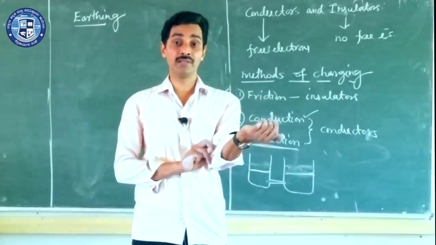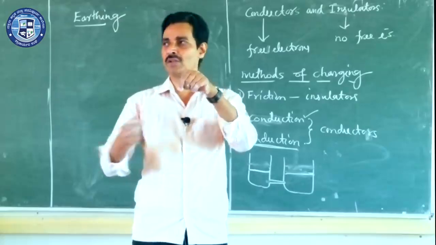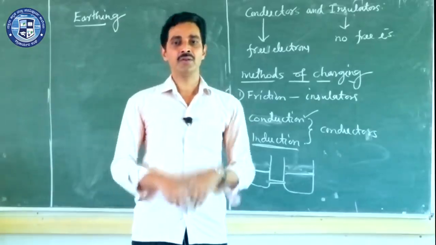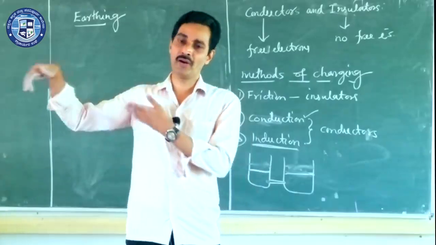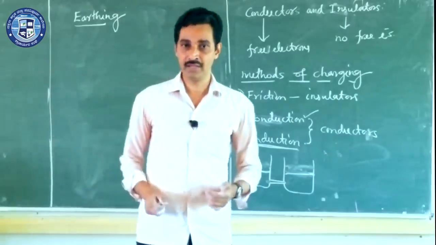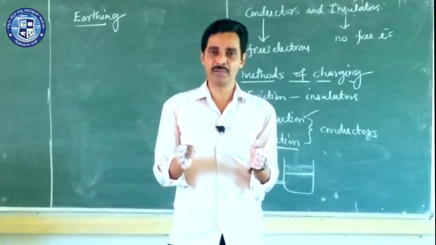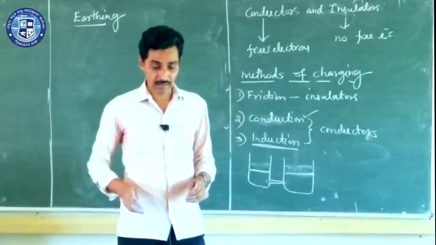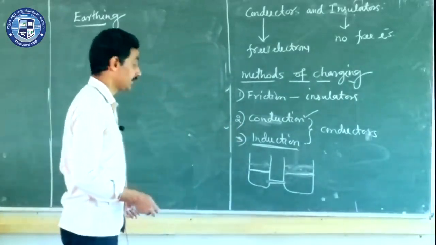So how to avoid this? Already, the body of the instrument is connected through a wire to the earth. So if there is any leakage, all the charges will already have flown to the earth, so you are safe. So the earthing wire in houses safeguards human beings, and it protects our body if there is any leakage of charges or leakage of current. So that is very much needed.